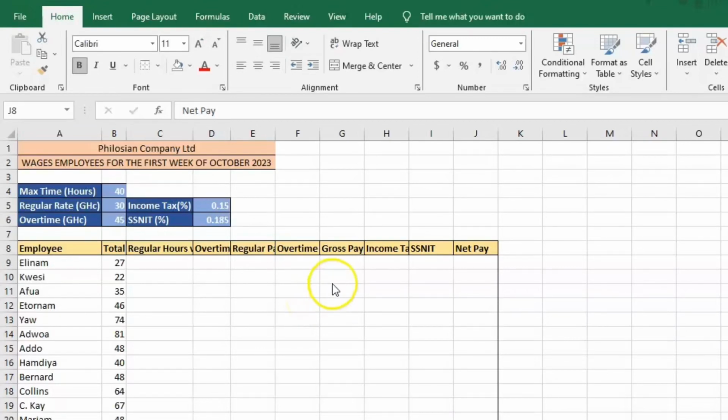At your workplace, you were asked to use Excel to calculate the gross pay and the net pay of all employees. Now these are the employees, and then look at the top here. The maximum time that you are allowed to work for the week is 40 hours. And then the regular rate, meaning if you work 40 hours and below, you take 30 cedis for each